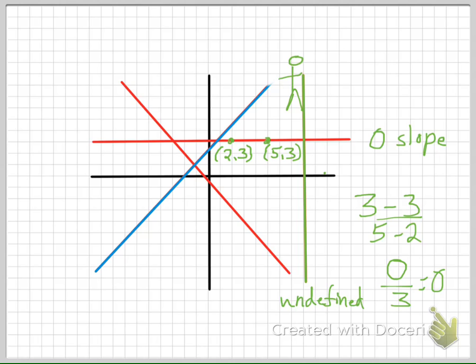Undefined. Guys, you need to make sure you know the difference between undefined and 0 slope. A 0 slope is a flat line, okay? That has no slope. The cross-country skier, okay? He has no slope, okay? The undefined slope is the crazy kamikaze guy about to jump off of the side of a cliff, okay? Now,